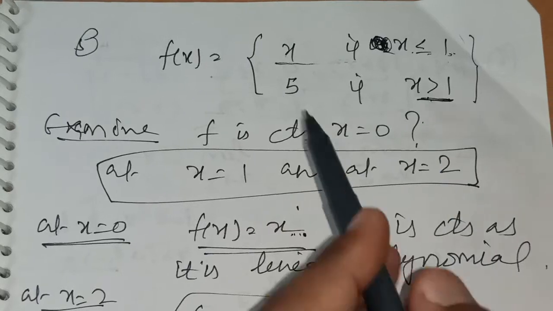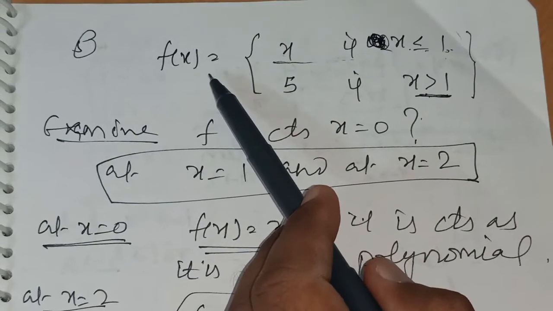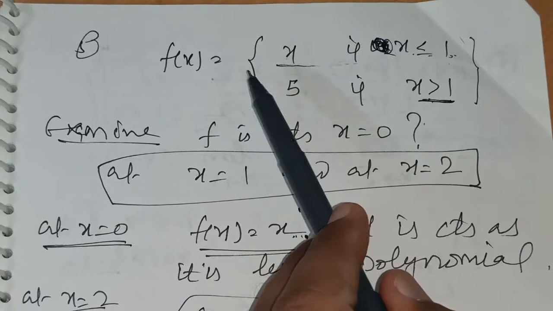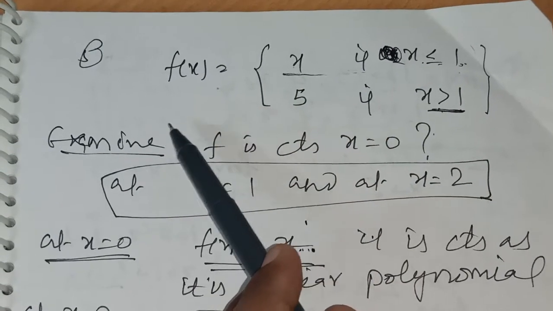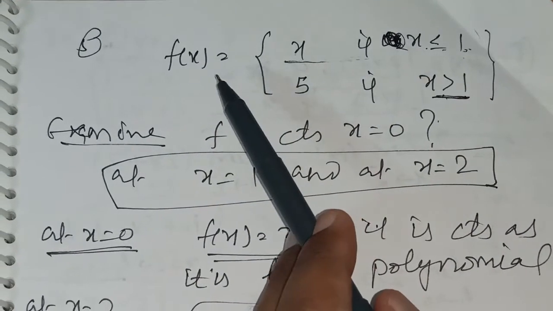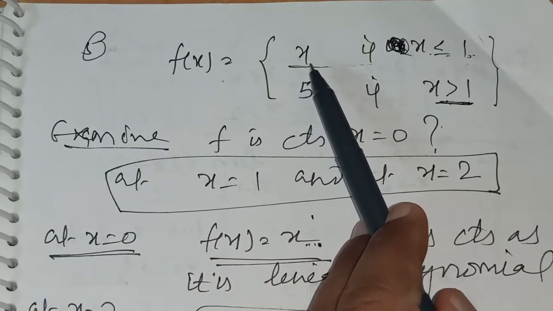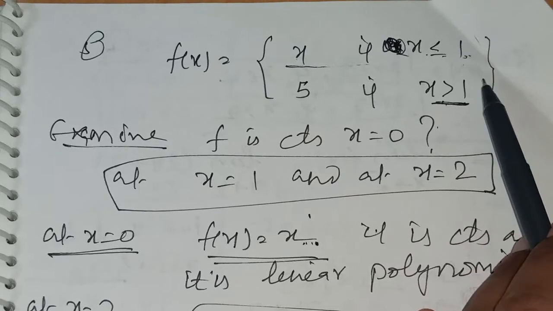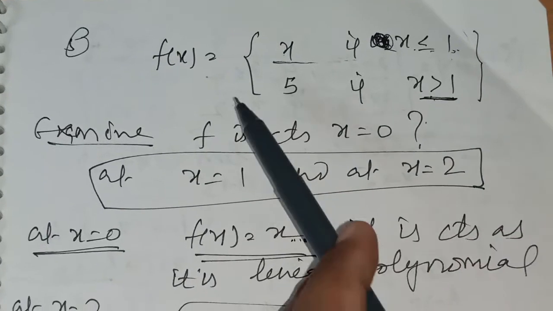Okay, one more example here. Fx is equal to, the function is defined here. In the last two examples we discussed a function which is only a single function, that means there is a limiting point and a function. Now we are discussing a function whose limit value is in inequalities, that is, the left hand limit and right hand limit concept is there.